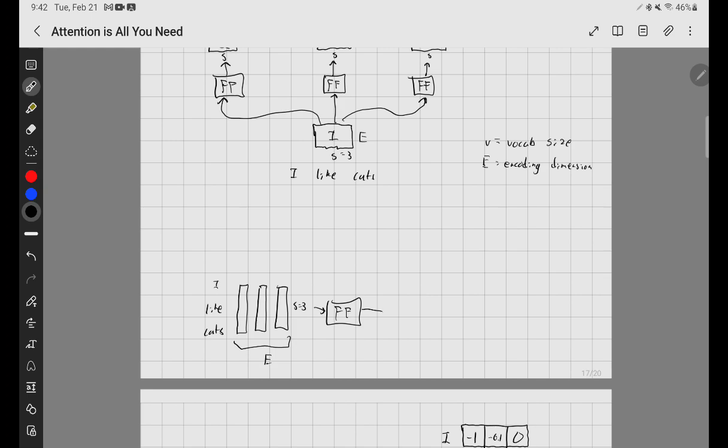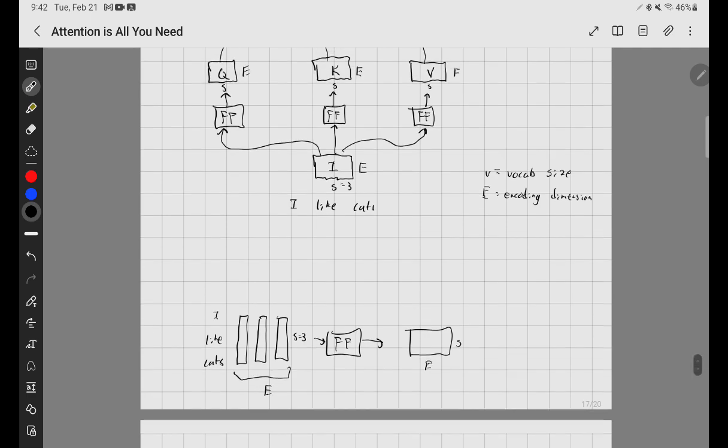So you send that through, and then you get an output, which is of shape S by E. So you can think of it as a feed-forward matrix along the sequence, as opposed to what I showed at the beginning, where it's a feed-forward along the embeddings, and it allows you to mix information along the sequence,